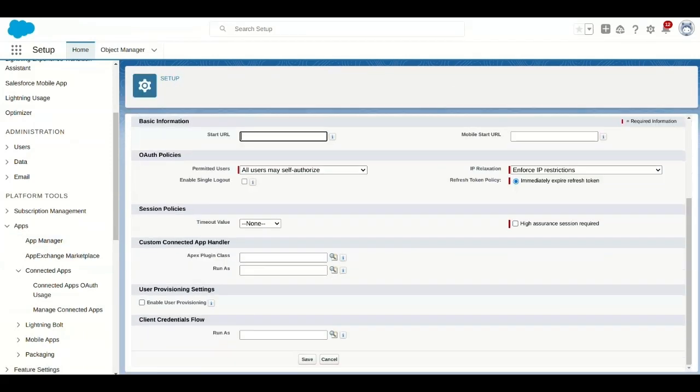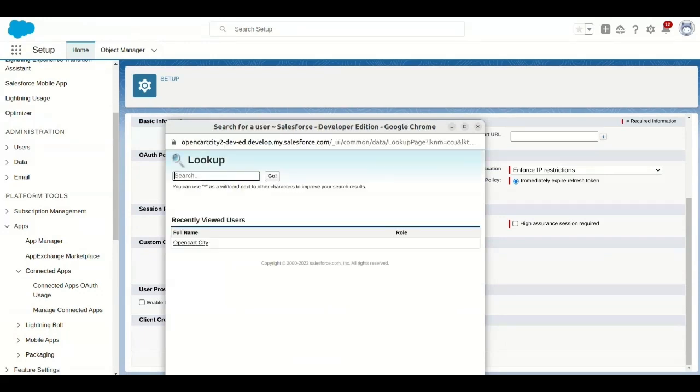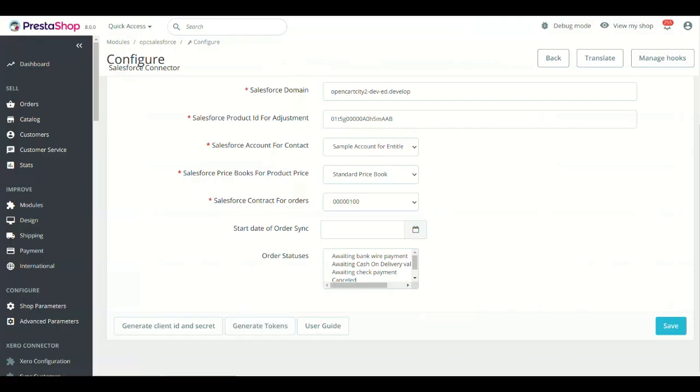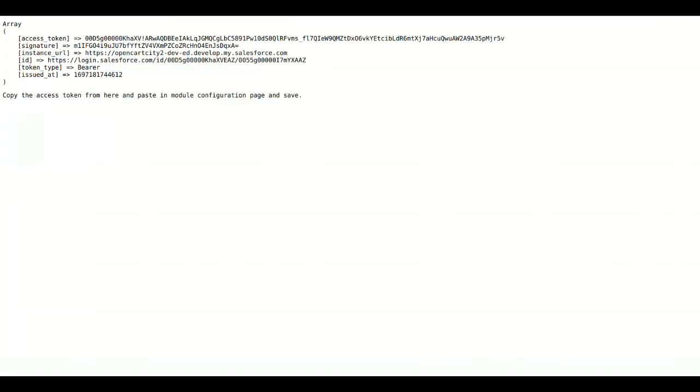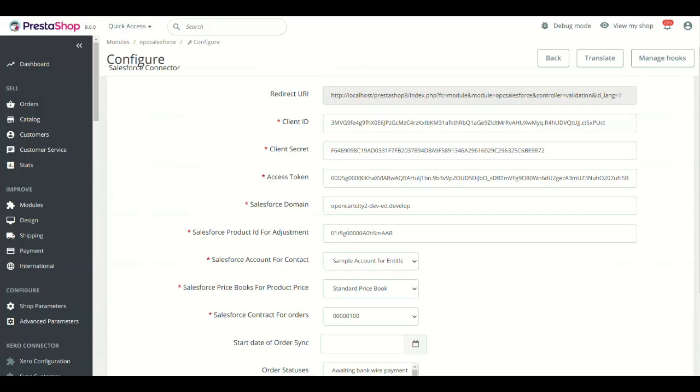In Client Credentials Flow, click Search. Select the user from here. If you don't know the domain of your Salesforce account, then you may copy from here also. Now click Save. Now click Generate Tokens button. Once it is connected, it will display the token. Once you see the token, refresh the module configuration page and you will see that tokens are present in respective